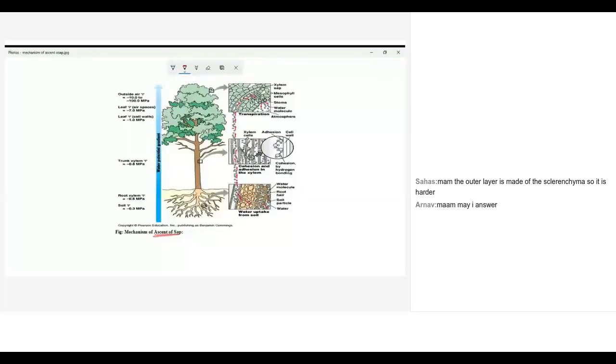Then you'll have the shoot system with the main trunk or stem with branches and leaves. This is the basic concept you are learning from childhood. Now what you already learned is that the root hairs are the ones which take up water from the soil and transport that water to the stem, branches and leaves. This is what you would have read all these years, isn't it?